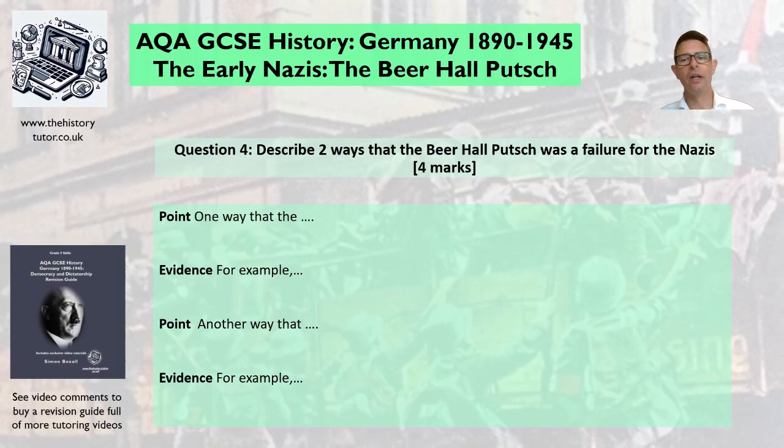Remembering our rule of marks plus half is the time you have to complete a question if you are doing normal time exams. So let's have a go at this question. So have a think for a moment. What do you think would be some good points to make about ways the Beer Hall Putsch was a failure for the Nazis? Have a think of some ideas. Pause me now and have a think, and then I'll introduce a few ideas to you.